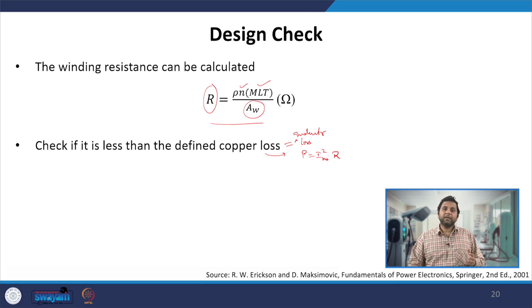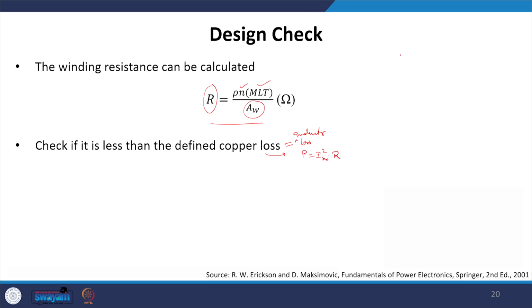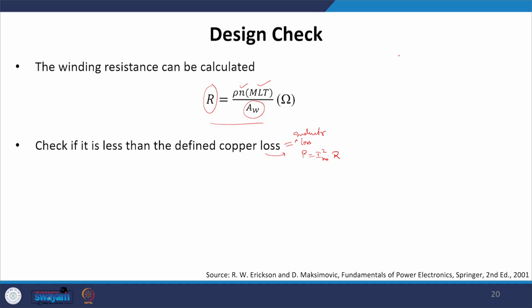If it is not, then we will go back and start our design from step 1 by freshly selecting a slightly bigger core, which will give us different values of AC, LC and WA, and that is when we can use those AC, MLT and WA terms to calculate the number of turns, and then the air gap length, and then finally select the area of cross section of the wire. And this is the iterative process one needs to go through and finally obtain the physical parameters related to the filter inductance, and then can physically realize that filter inductance.